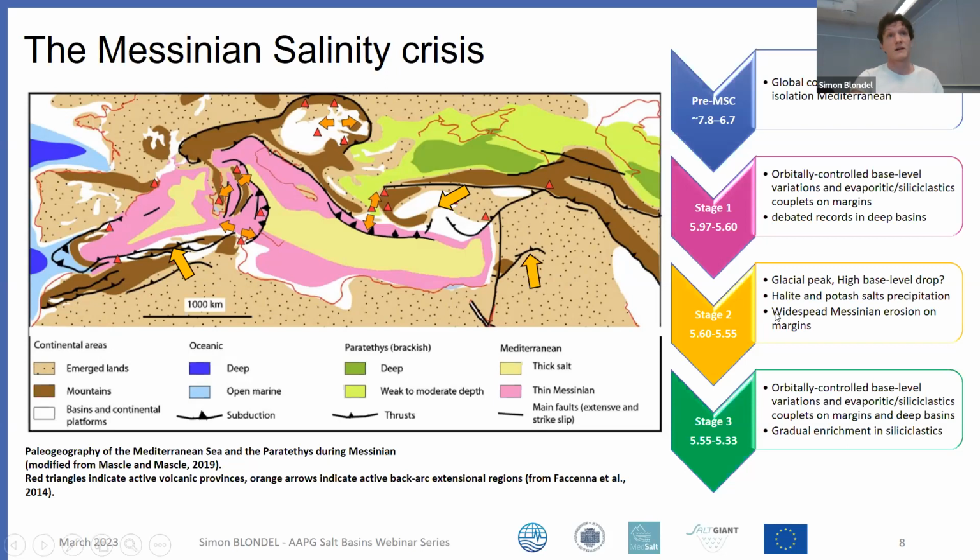What we have to keep in mind for the next part of the presentation is that this is happening in a relatively quiet geodynamic environment from what we know. At that stage, the western Mediterranean basins I was talking about before have stopped their opening. And this is due to a big geodynamic rearrangement happening during the mid-Miocene, where a major block rotation creates a lot of strike slips along the subducting margins, which is creating some tearing of the subducting plates. And due to that, you start having